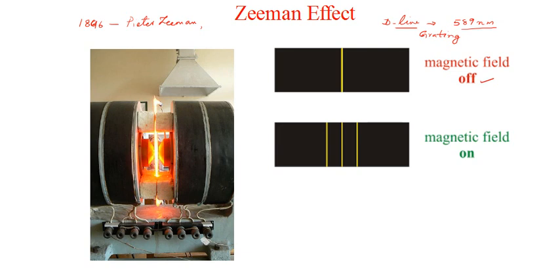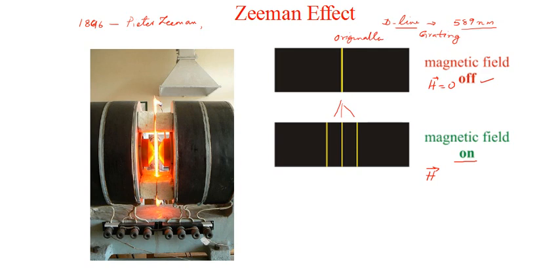Okay, there are two cases actually. In one case it is getting split up into two components, in another case into three components. Anyway, it is getting split up into component lines when the magnetic field is switched on. So under the effect of an applied magnetic field, which we represent by the vector H, the magnetizing field, you may be remembering, when H equals 0, you get only the characteristic D line, a single line, the original spectrum line,